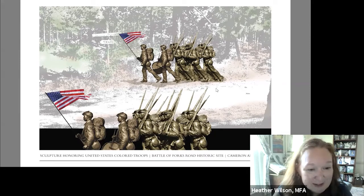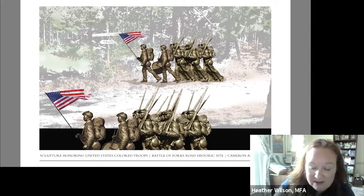The last little bit that's remaining is on the Cameron Art Museum's grounds, right in front of the breastworks. There are 3 rows of 3 soldiers in partial relief, and then 2 men in full 3D in the front. And then on the back,